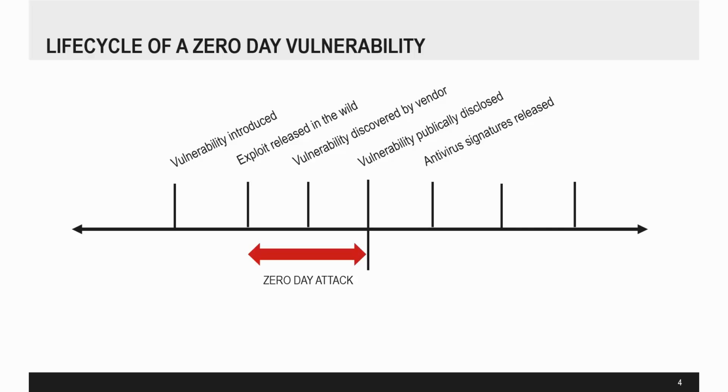Shortly after the disclosure, the antivirus vendors will probably have signatures to actually detect this vulnerability and remove it. However, this isn't always the case. So there will be vulnerabilities or exploits that might be detected by a virus signature, but the virus signature cannot actually remove that exploit from the machine. So you're getting a bit more protection from your antivirus, but what you really need is the patch to actually fix this